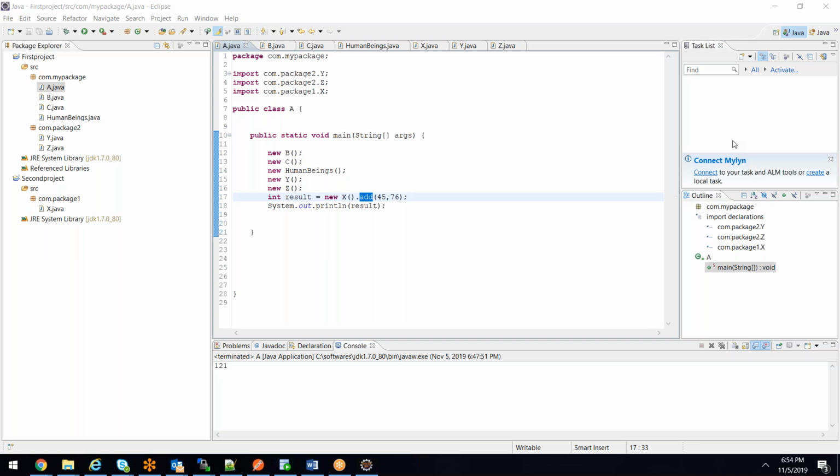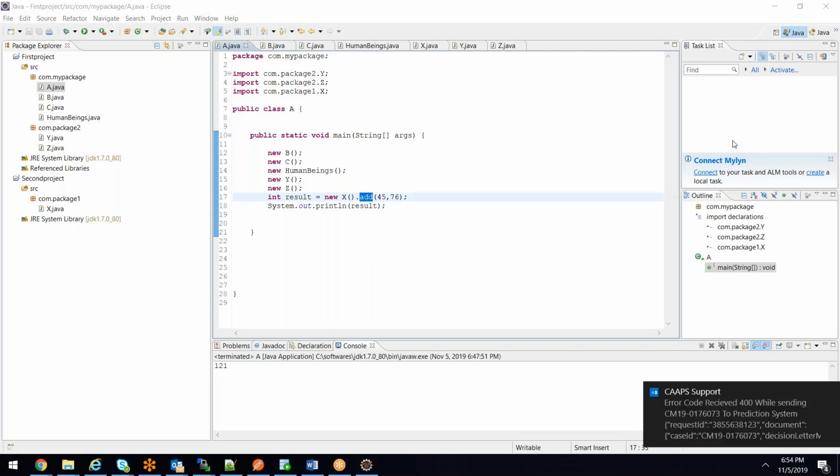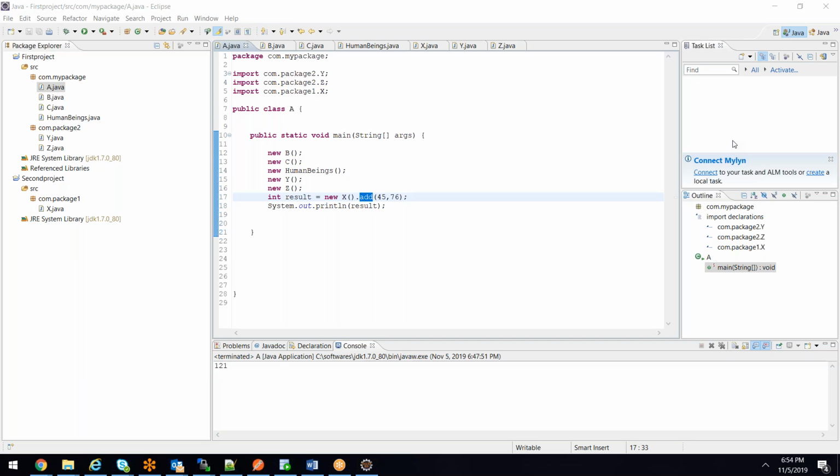Similarly, if you want to use the logic written by the Spring people, the Hibernate people, or some other people who wrote so many classes, you have to download the Spring related jars, you have to download the Hibernate related jars and keep those jar files in the build path of your project. Whatever application you are developing, you have to download the jar files provided by the Spring framework.